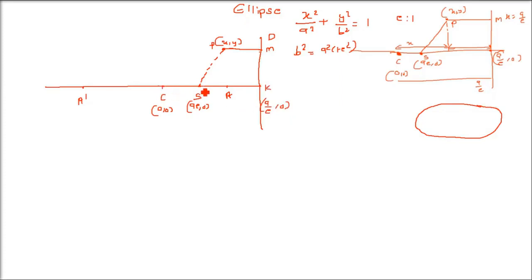Now whatever is happening on the right hand side, let us see it on the left hand side. That is, we are going to take this XY axis where the center is the origin. Now we are taking one more point (minus ae, 0), and I am taking this as S dash. So CS dash will also be ae, as CS is ae. From this A dash we are making a line which is perpendicular to this line. So this line will be a directrix only.